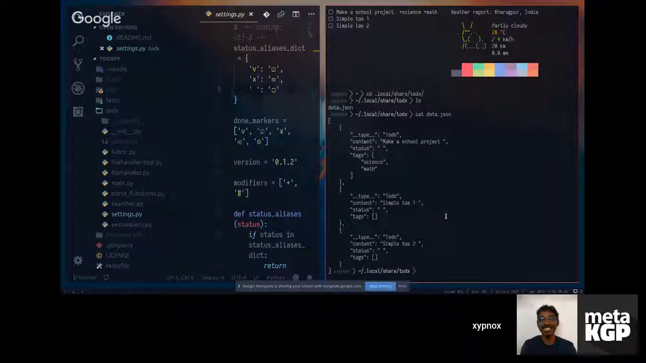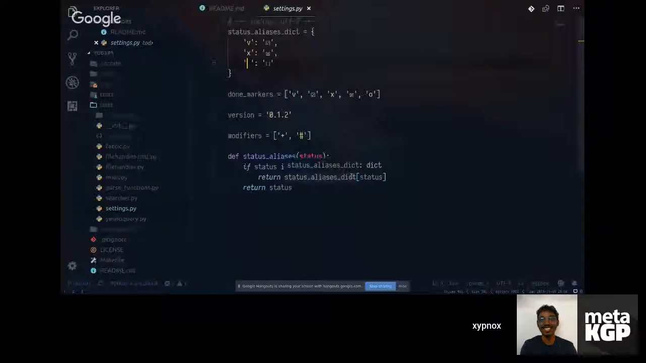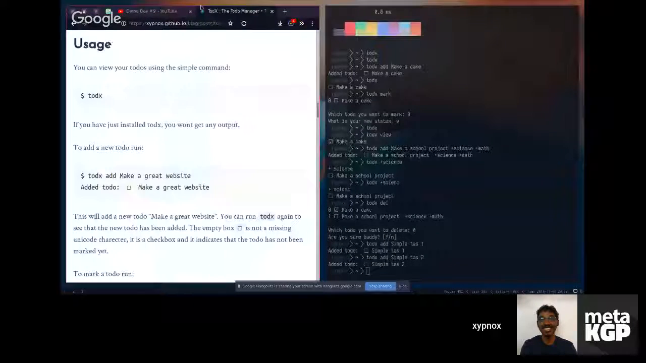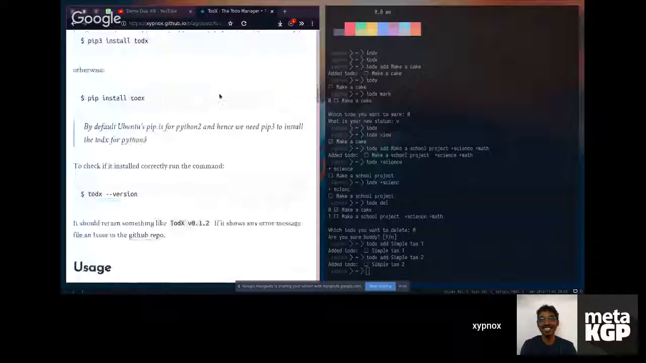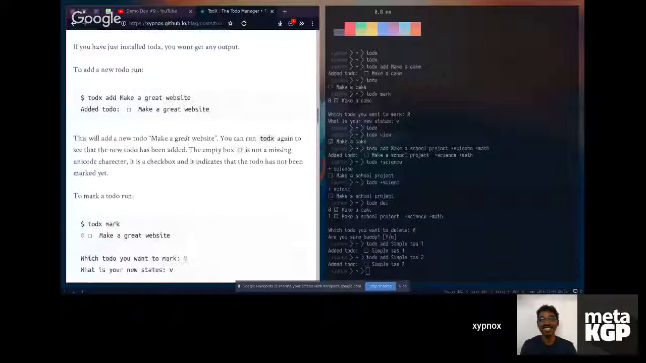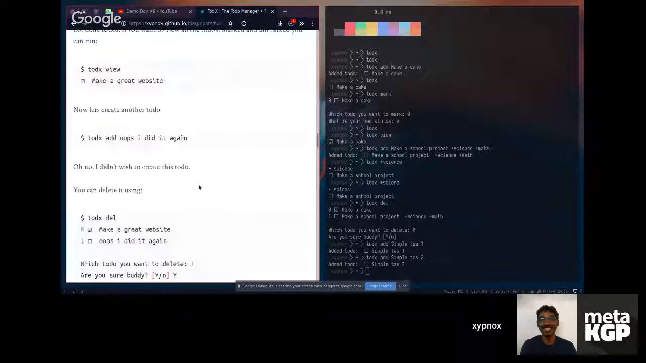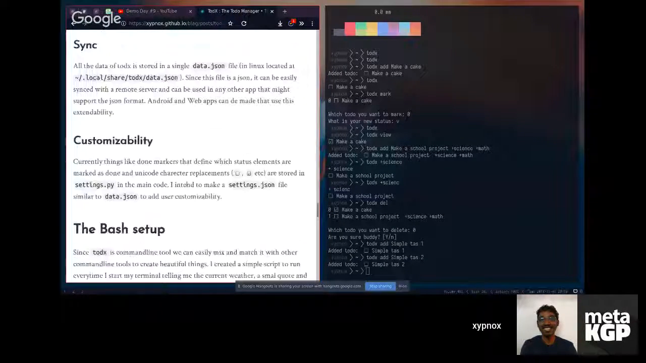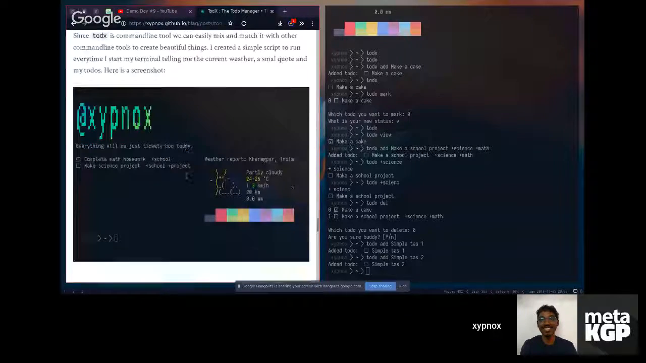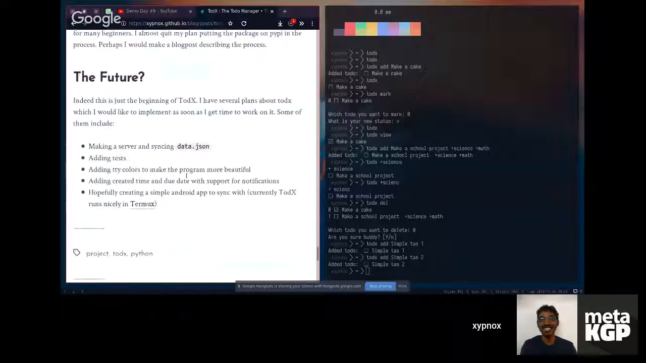So it can then be synced to another server, and I have future plans for this. I have written a blog post that covers most of this, like how to use this app and what I have planned for the future. What I've planned for doing in the future is that I want to add some tests. As I've said, I would want to make a server and sync the data.json file to it,